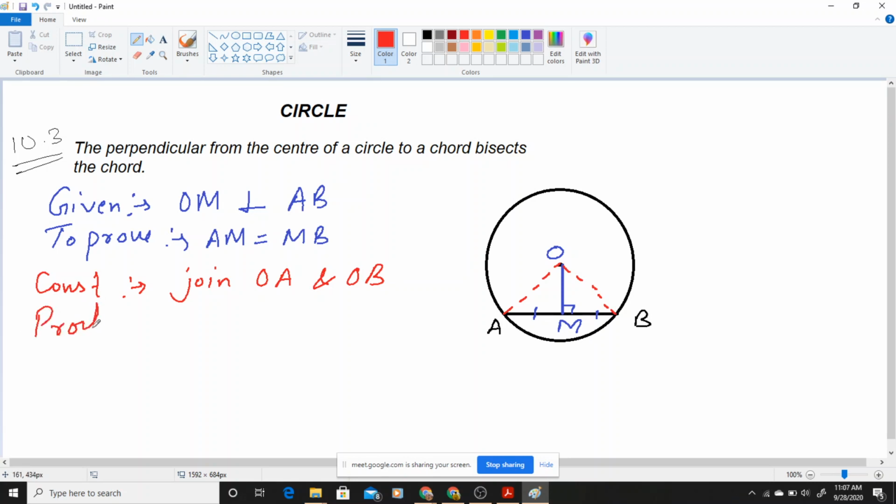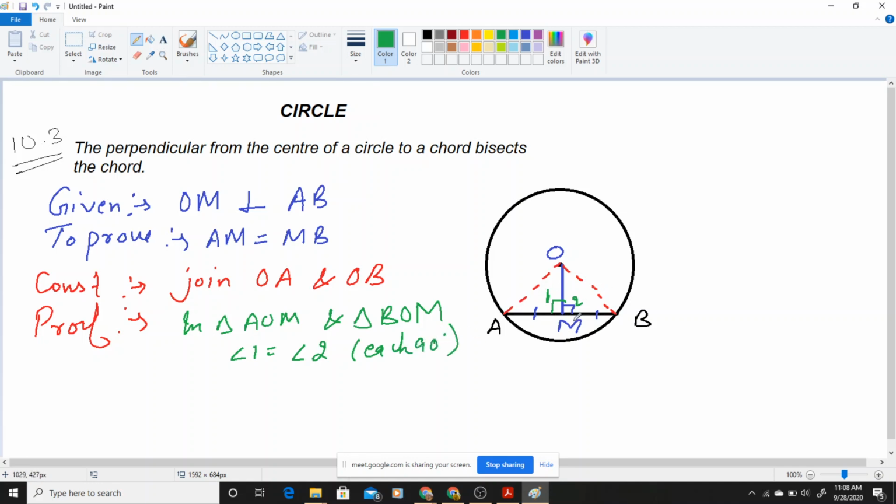So I will be starting with the proof part now. In the proof part, see, we are having two triangles there, triangle AOM and triangle BOM. So in triangle AOM and triangle BOM, these are the two triangles I am having, okay. So in this triangle AOM and BOM, just see one thing, this angle 1 and this angle 2, are they equal? Yes, each 90 degrees. Angle 1 and angle 2 each 90, दोनों 90 degree हैं. So we can write this thing.